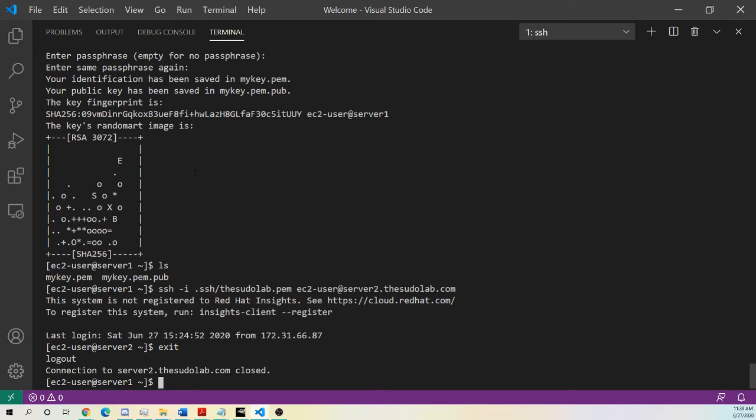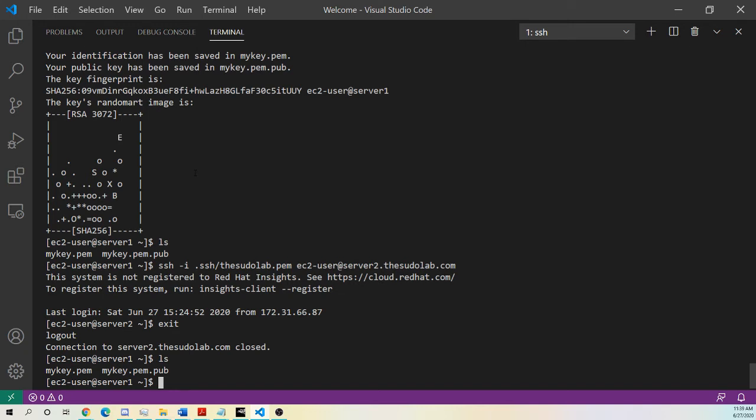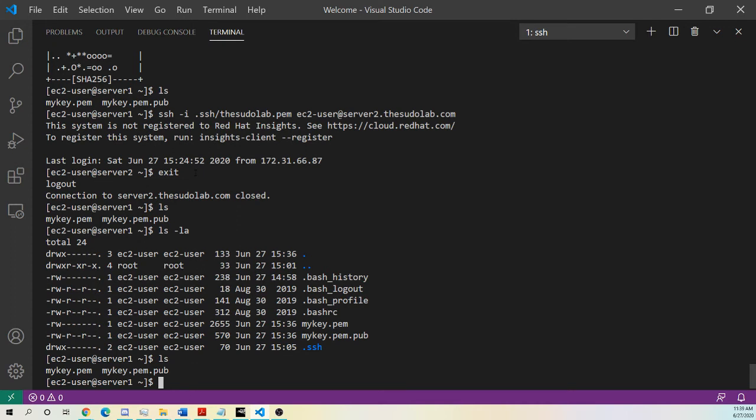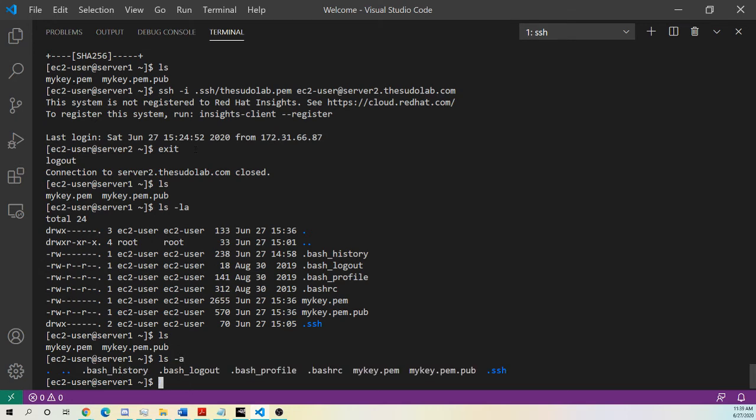Now, I also want to go over the directory structure, because if I do an ls, if I list all the files and directories in this directory, I don't see anything related to SSH, right? However, if I do an ls -a, I can see all those hidden directories and files with the dot before them. So I see I've got .ssh here, right? So if I cd into .ssh